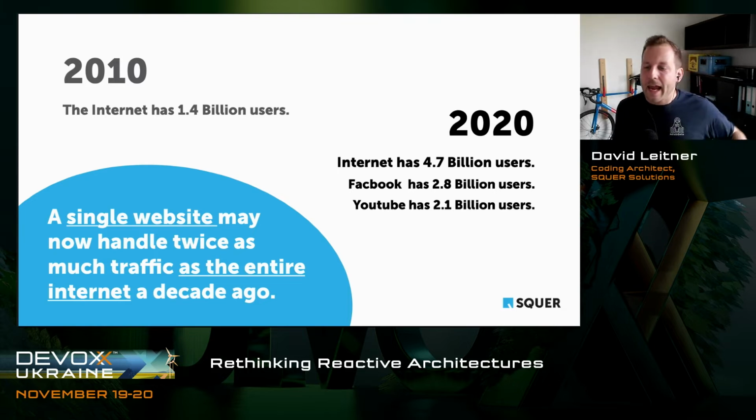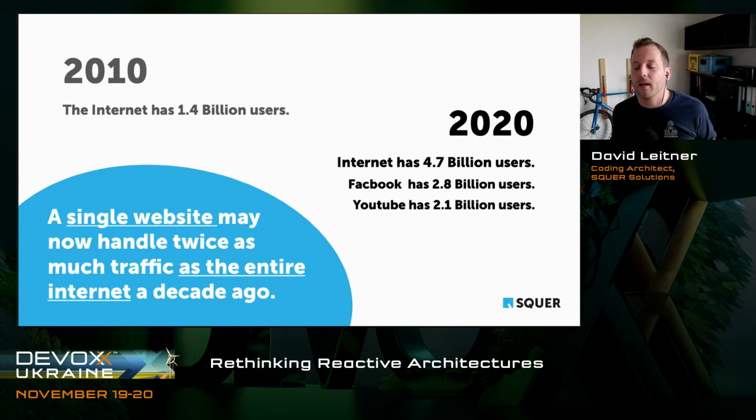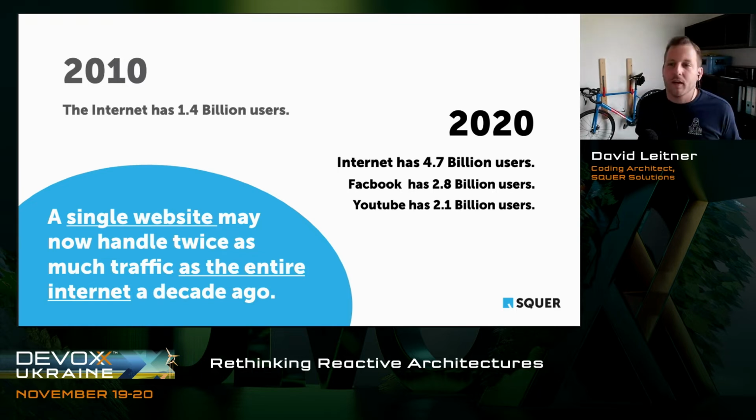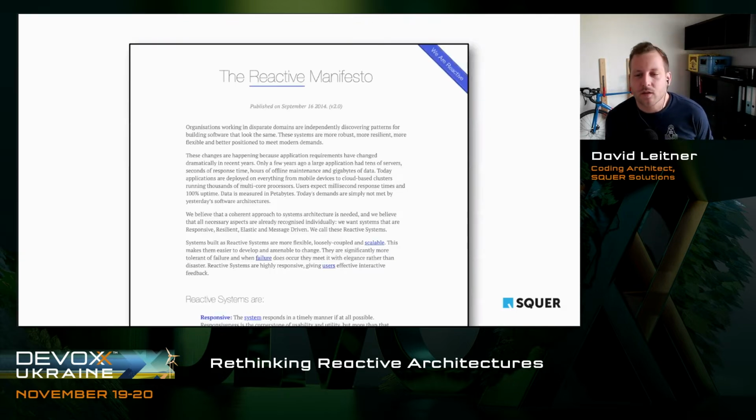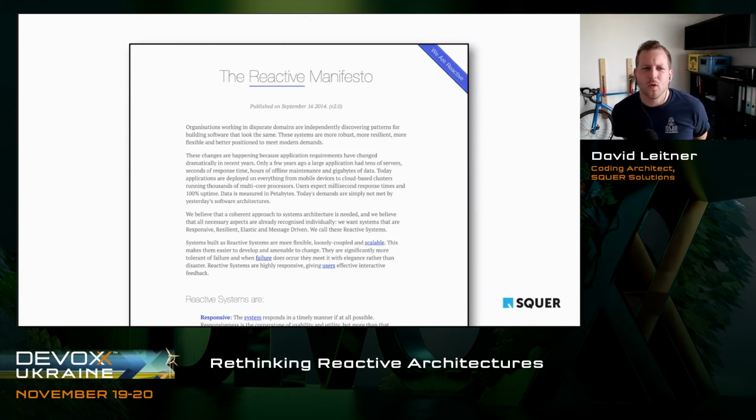a decade ago. And I don't say that everybody needs to think in reactive architectures, but if you work in companies like big banks, like big financial industries, like big insurance companies, maybe like big e-commerce shops, right? All these things, then you will maybe have a totally different amount of customers you need to bring value to than 10 years ago. And that's basically why people were sitting together and said, hey, we need to think about this, right? Software architecture needs to change because the non-functional requirements on the software architecture changed. And that's why people basically came up with the Reactive Manifesto in 2014 and said, hey, let's come together and think about what is reactive, what's all this about.